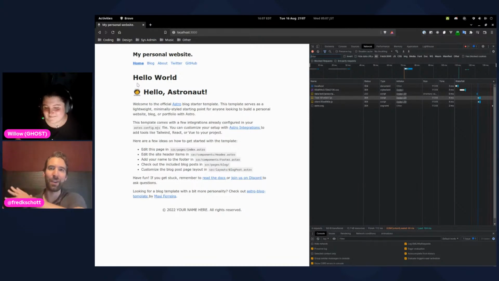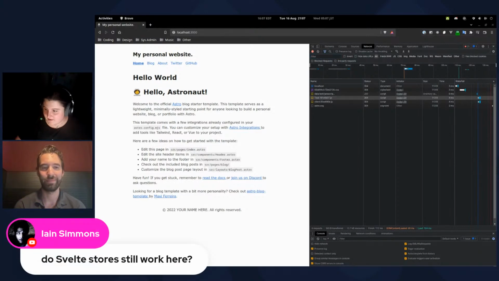If we ever want to draw some diagrams on the board, you can have me back. We'll go super deep into bundling because it's skin crawling. I'm going to butcher this pronunciation, but Ian said